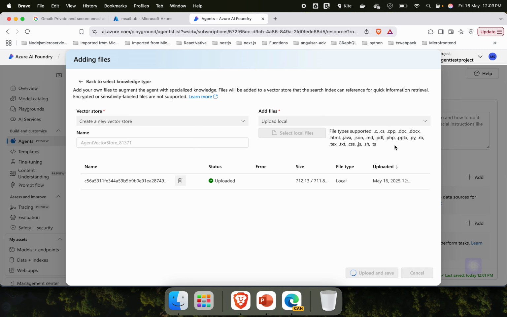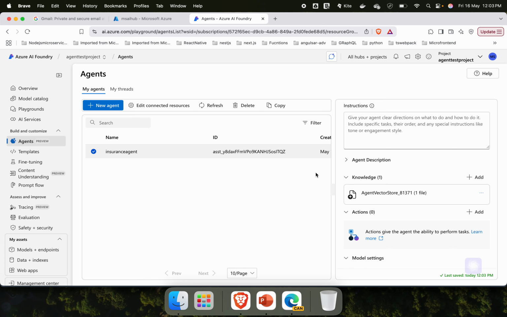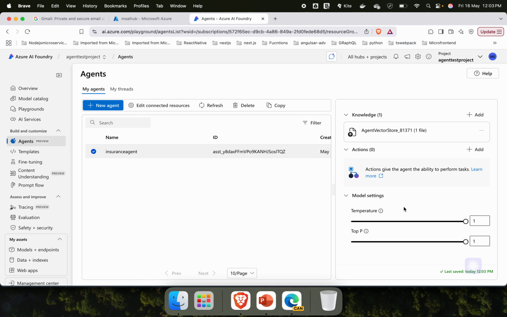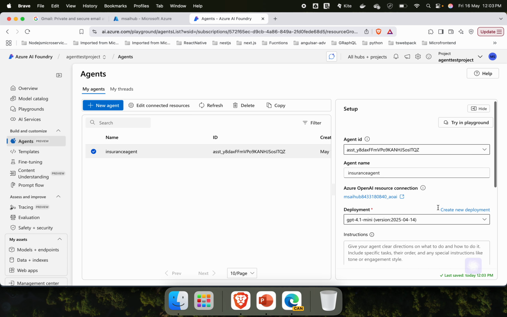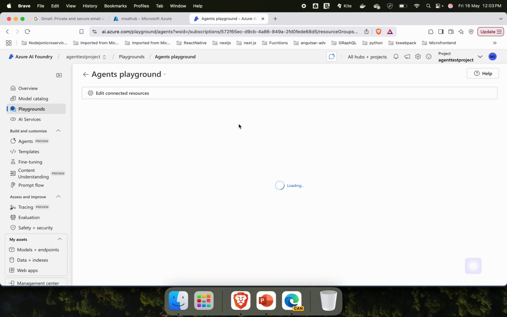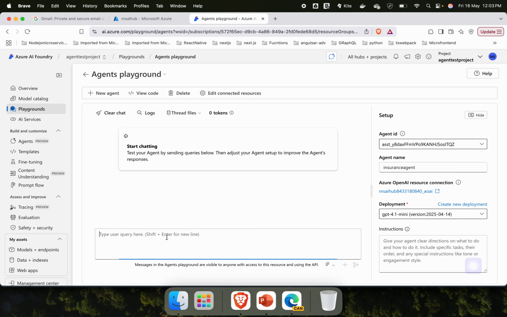Okay, so these are the various types of files that will be supported over there, right? And then there are settings like temperature and top P, which I'm going to keep as they are. And finally, I'm going to select Try in the playground. So let me click on that